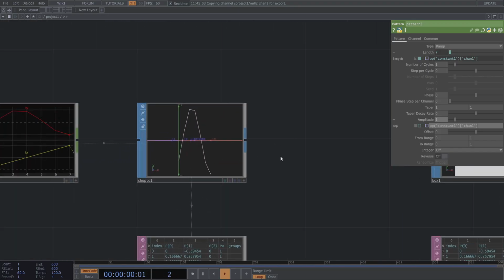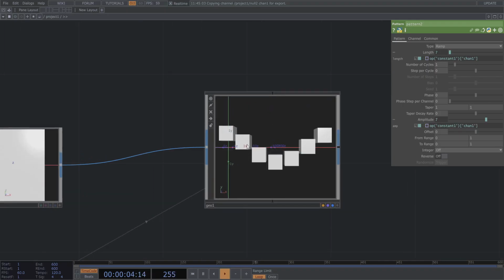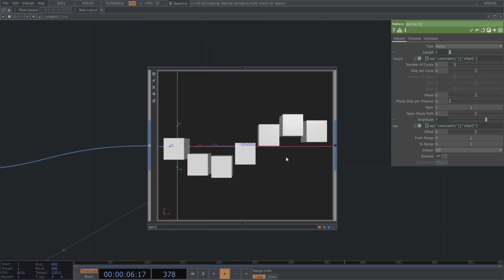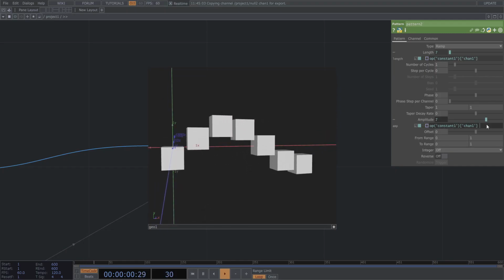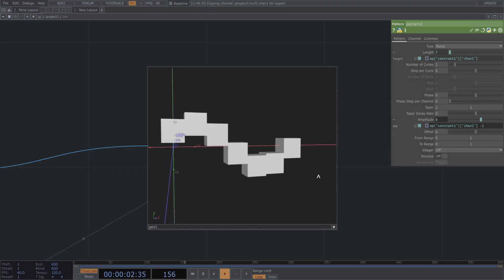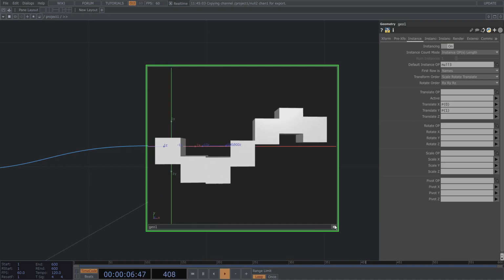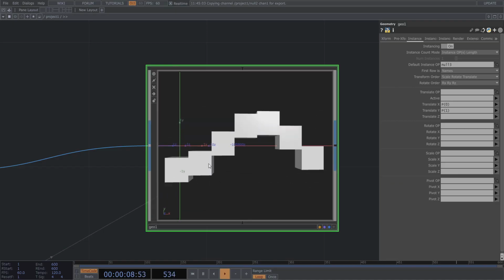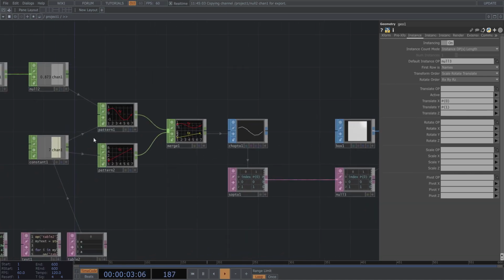So if we select bigger and then, but it still has a gap, so we just will subtract one and then it's like we want. But now it's like kind of offsetted,